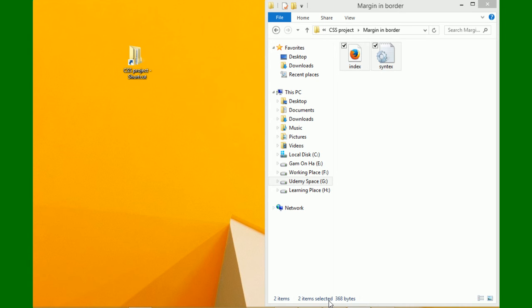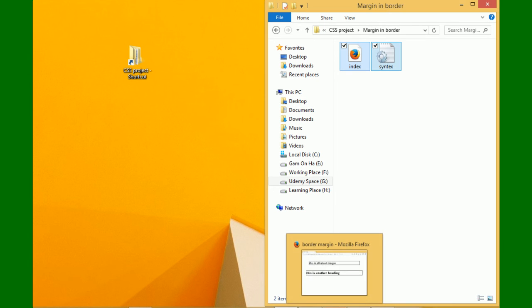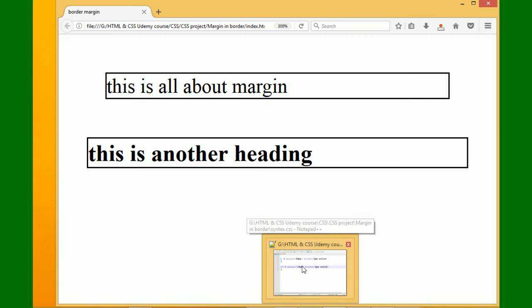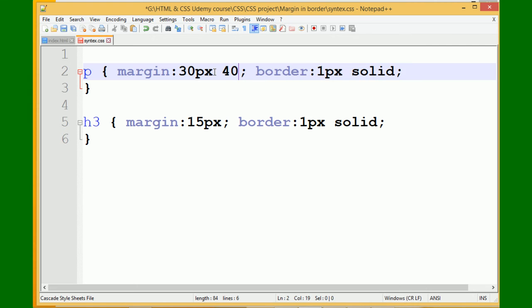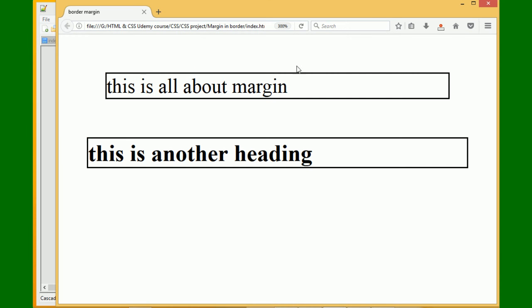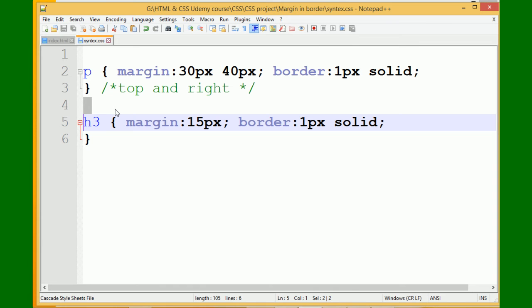On the other hand, if you want to change all the different sides separately, for example if we want to change only the top and bottom margin, then we have to use 30 pixel as well as 40 pixel. Go to Firefox and refresh. You can see the top, bottom, and right, left margins are changed. And when we want to change all four sides differently,